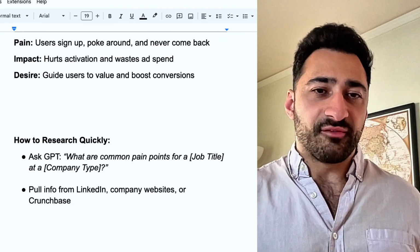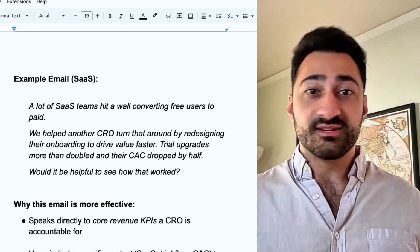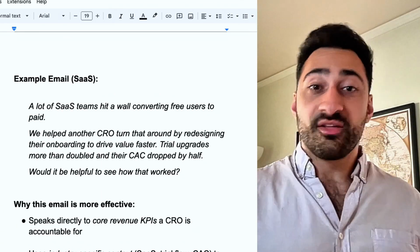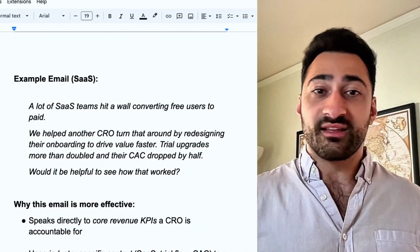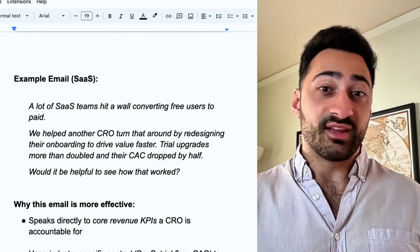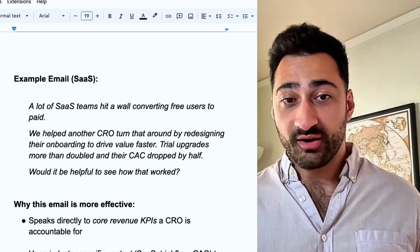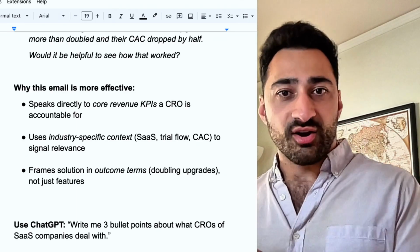Once you gather that information, you can start to craft an email like this. "A lot of software as a service teams, SaaS teams, hit a wall converting free users to paid. We helped another CRO, or chief revenue officer, turn that around by redesigning their onboarding to drive value faster. Trial upgrades more than doubled, and their CAC, or client acquisition cost, dropped by half. Would it be helpful to see how that worked?" When you implement the personas and the psychology of the buyer that you're trying to target, it becomes a lot